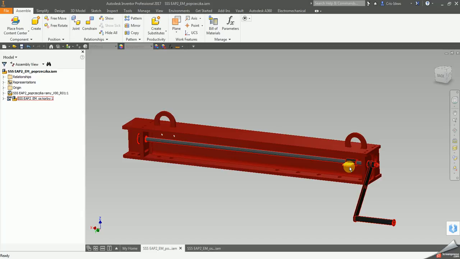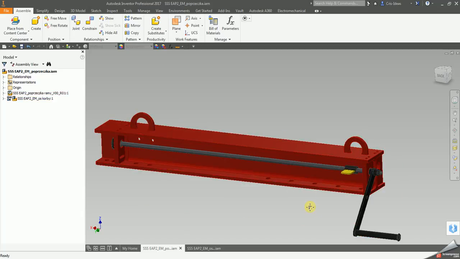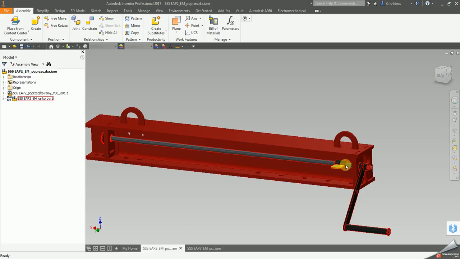This is placed here as a flexible assembly. I will not explain now how it is constrained inside, but you can examine that. Only required degrees of freedom are left free for this to operate. So what is the purpose? This handle, when rotated, turns this threaded rod, and